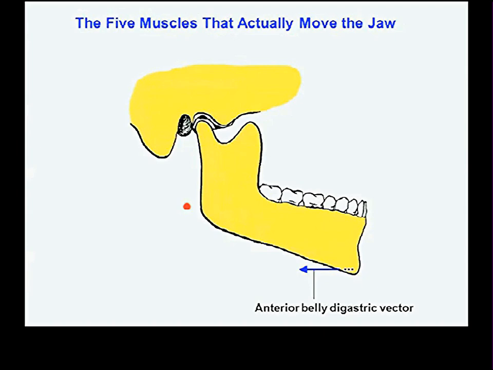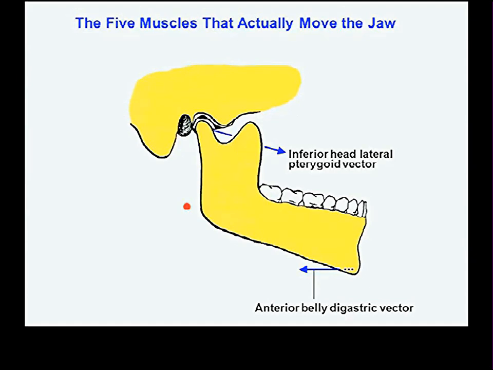It's just the direction. But if you imagine a pull on the inner aspect of your chin posteriorly, it will exert around this axis a clockwise rotation as we were looking at it. So this will be an opener of the jaw. But the most important opener of the jaw is not the anterior belly of digastric, because you really don't need it to open your jaw, and it's not powerful.